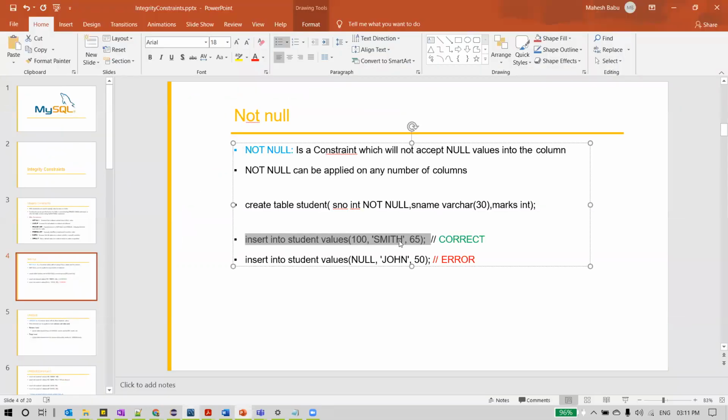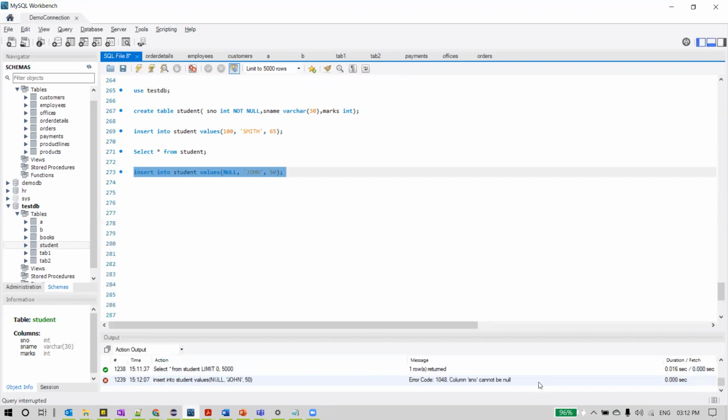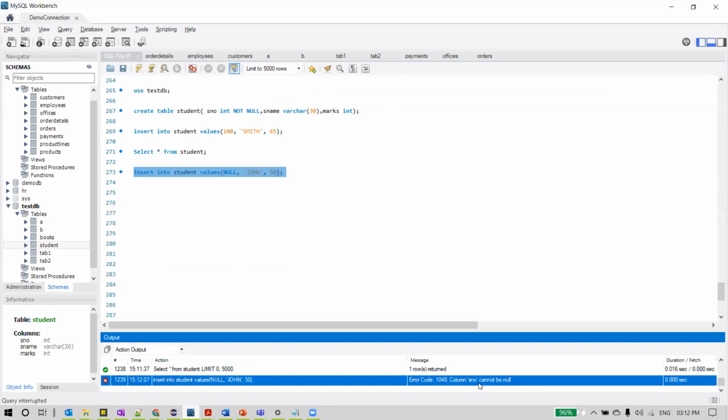And we can clearly see the row which we inserted just now got displayed. All right. Now what we'll try here is inserting null into the s number column. So this is what we discussed, right? As this was defined not null, sending null or missing this value is not allowed. So let us try this. And you can clearly see it says column s number cannot be null.